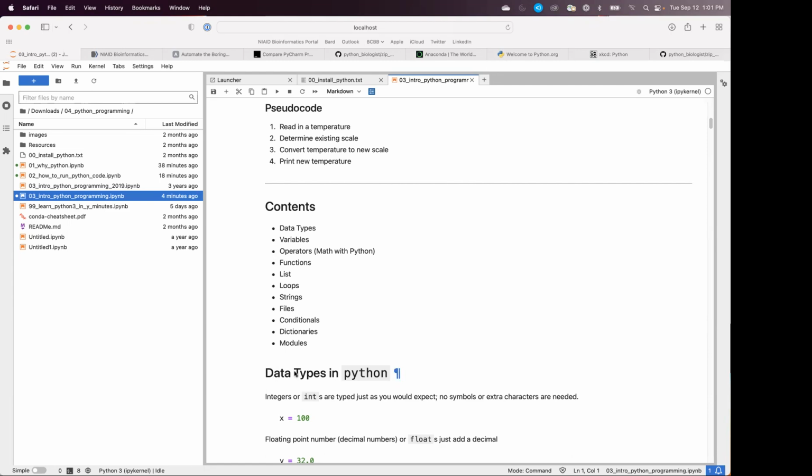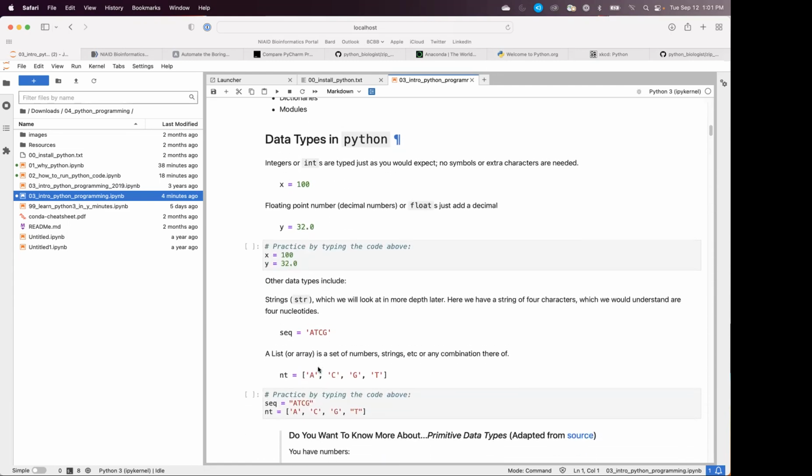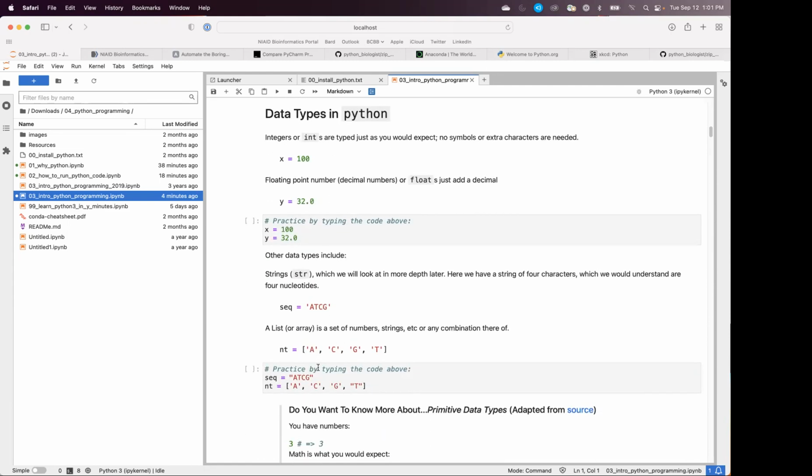And the first thing we're going to talk about is data types, the different types of data that a programming language supports. As you would expect, Python supports all of the common data types. So here we have an integer that I need to store, or a floating point number. And so if I come over to my